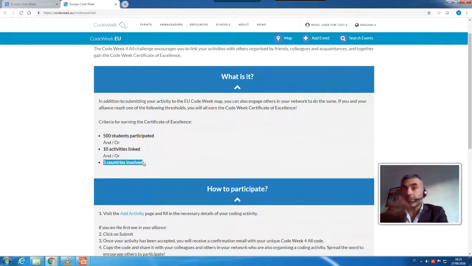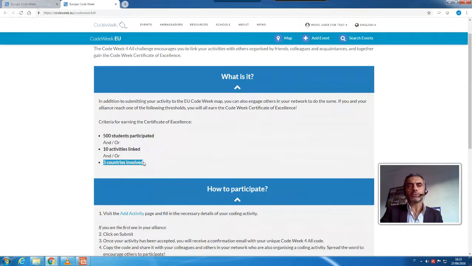And this is something that could be done within the eTwinning platform, because if you are involved in an international eTwinning project, you could become a proponent by registering your own event, getting a unique code, and then sharing this code with other colleagues, with partners in other countries,